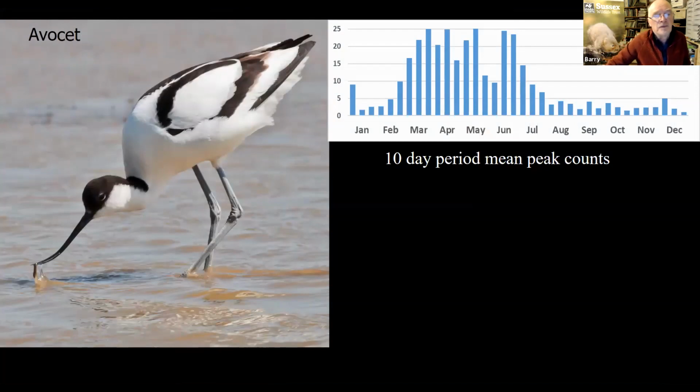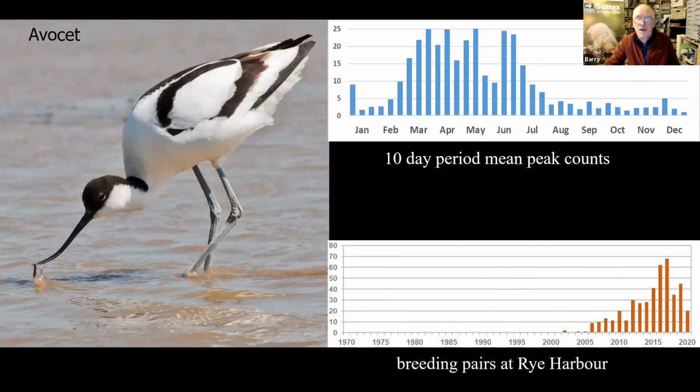And then in the salt marsh areas, we now regularly have avocet, and you can see from the graph in the top right that just any day now, any day soon, numbers will start to increase as they come back from their wintering grounds. They may have spent the winter in France or down in the West Country on the estuaries there. And it's still hard to remember that they are such a recent colonist to Sussex,